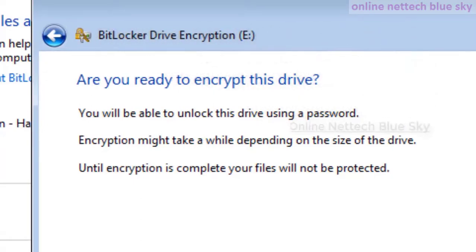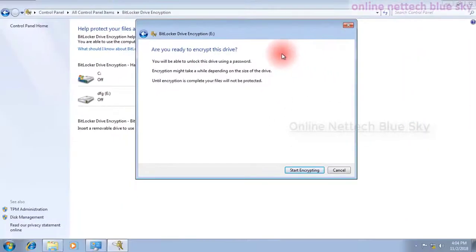Encryption might take a while depending on the size of the drive. I already talked about this: it depends on your data size and takes time for BitLocker drive encryption. For a drive of 55 GB it takes 1 to 3 hours.